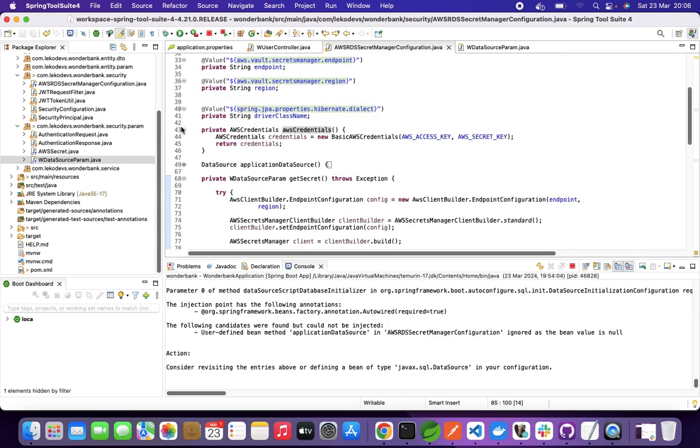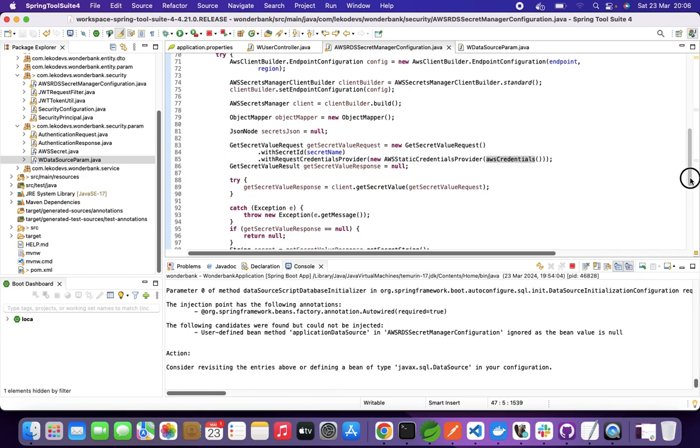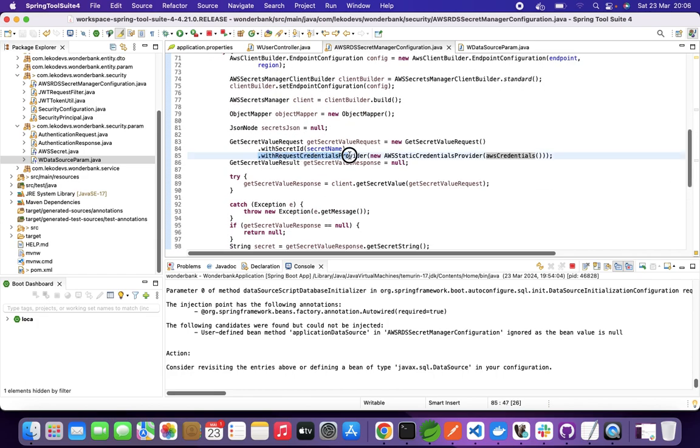at the top. So these are our credentials that we wanted, which is basic credentials, and we pass them over here with our request. So I want to set the AWS credentials, then we have our request ready for submission. So once this has been set, we want to say get secret result is equal to null. So we declare the response, the results DTO over here, which holds the actual result that we're going to get